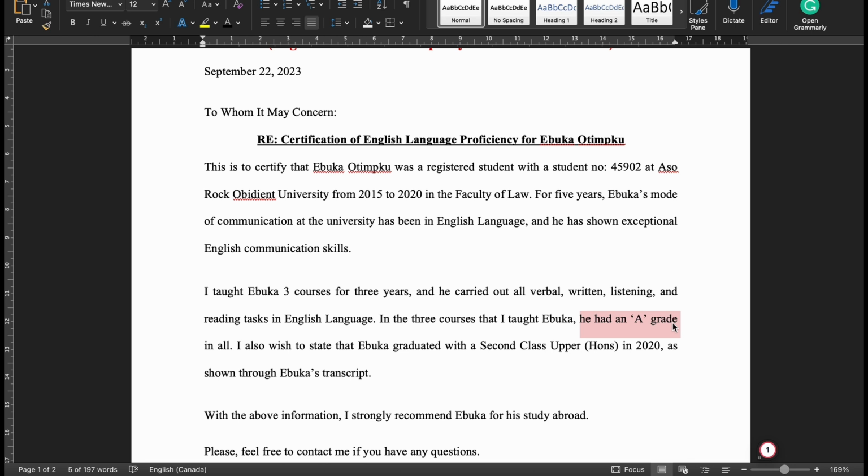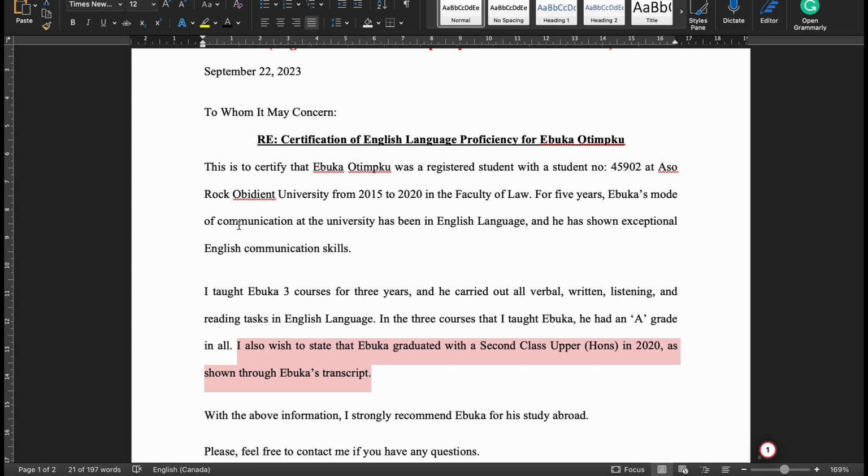So which means you are good at interpreting what has been taught, which is a very great skill, and they like that. Okay, I also wish to state that Ebuka graduated with a second. Now, this might be a little bit too much, but if you know that you had a low grade, don't bother putting it. So I'll state,